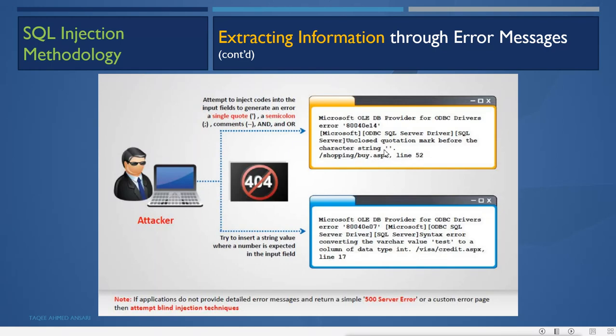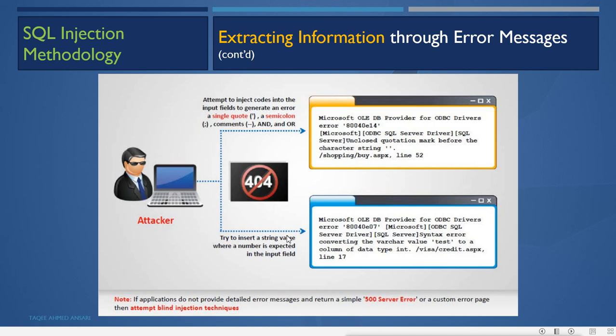Now it is saying this because it is accepting that. It is showing this error because it is accepting this character, this code, this semicolon. If it is not accepting directly, you will get the error saying invalid input. But if it is accepting those quotes and semicolons and AND or OR, that means it is accepting the values which we are passing, and that means it is a vulnerable site, a vulnerable input field, where we can inject the query. And if it is not vulnerable, we will get directly an error saying invalid input.